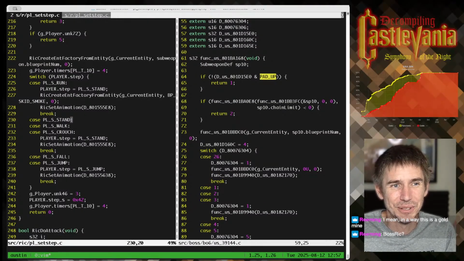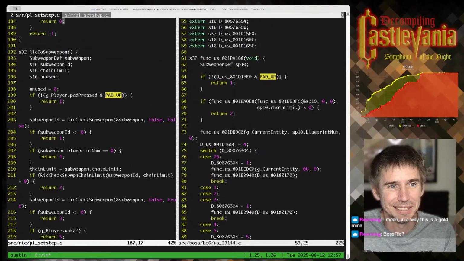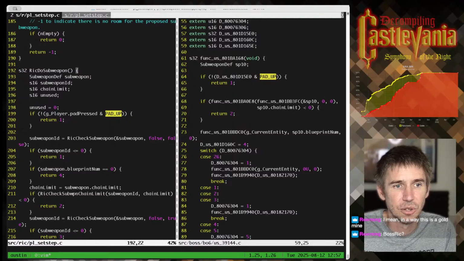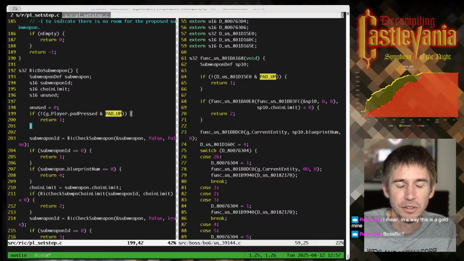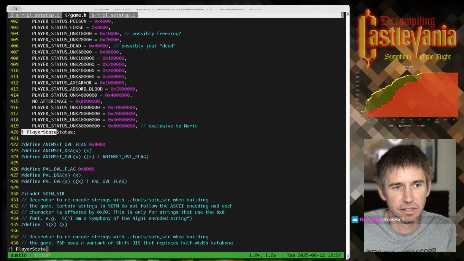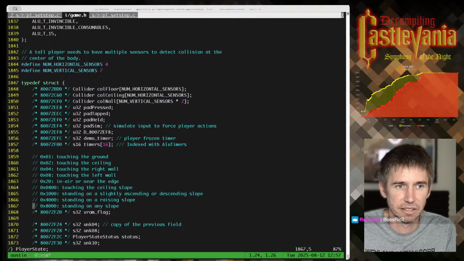So what we're going to do now is a bunch of symbol mapping, and you might find that exciting, you might not, but that's the next thing to do, really. So we need to find where there's going to be a likely, and this is a pain, and I might do something different this time because it was such a pain for Doppelganger. There is a player state struct, and somebody at the beginning of time